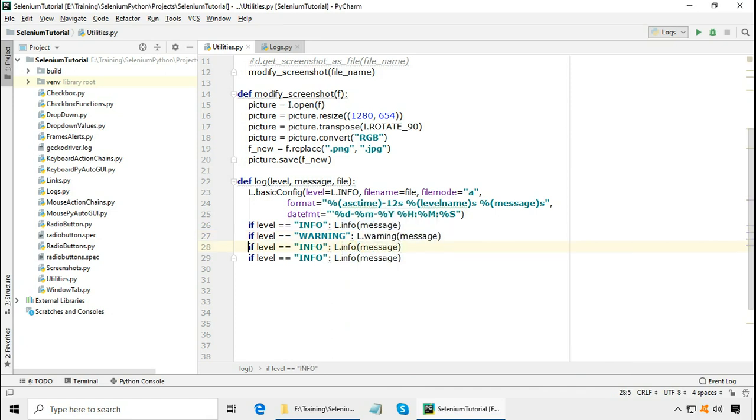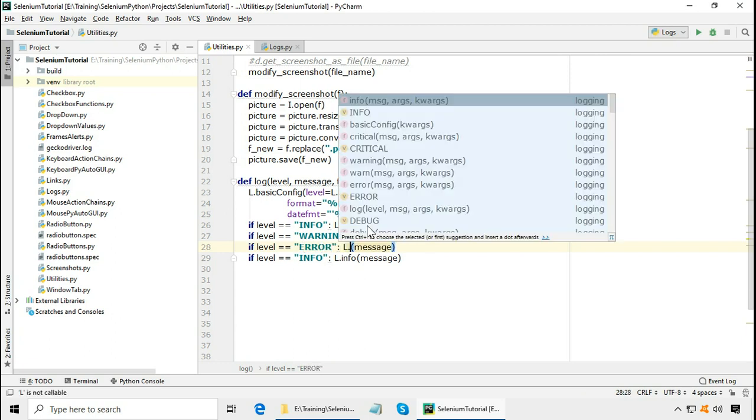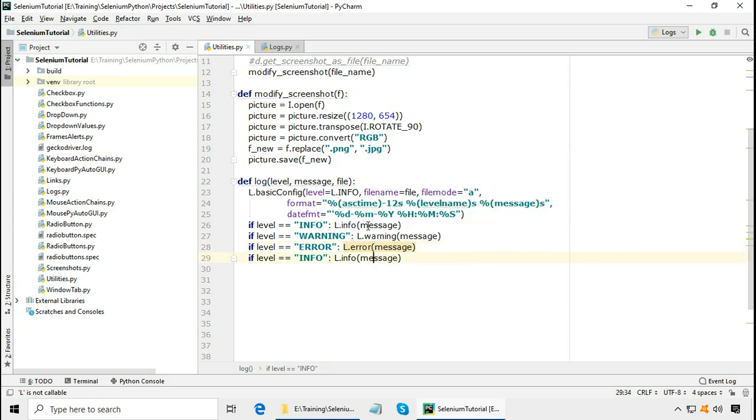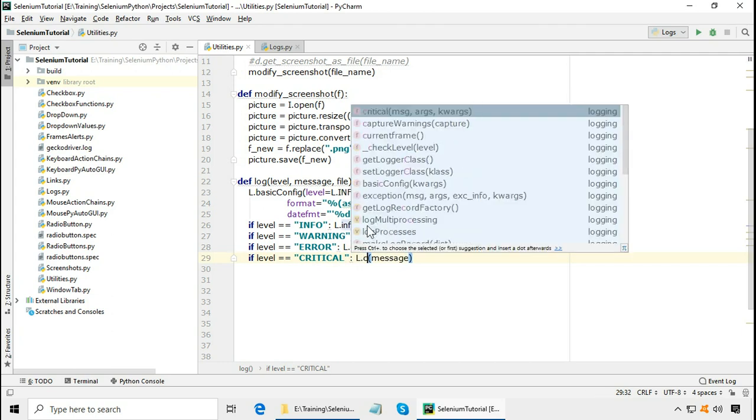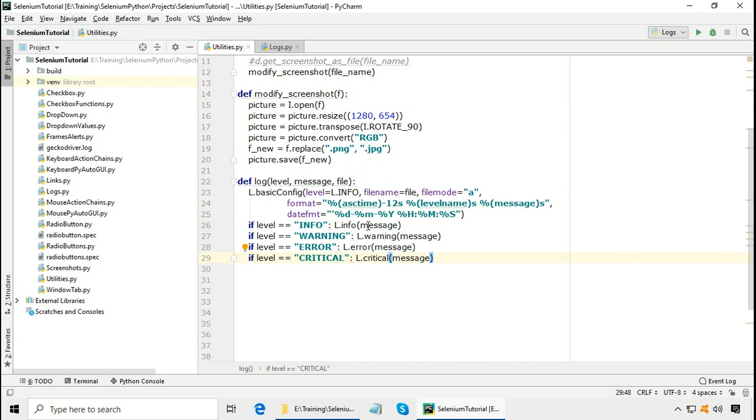And after warning I want to handle the error log. logging.error, and after error the last level is critical, and logging.critical. This function is complete.